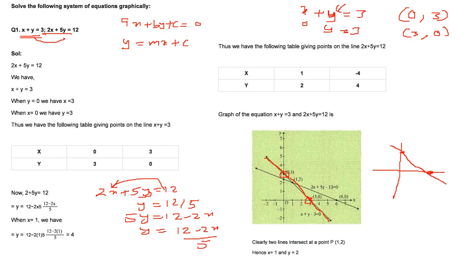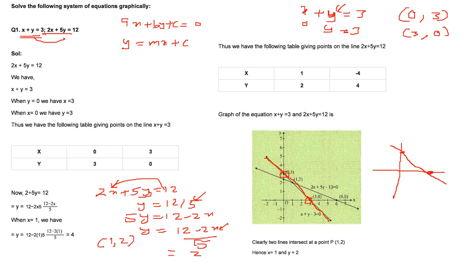Now you see, if I put x equal to 1 here, then it will be 2 into 0, 0 here. Then 12 by 5 again gets us back to the same scenario that we don't want. So what we can do here is, if I put x equal to 1, 12 minus 2 is 10. 10 by 5 is an integral number, 2. So I have a proper number. So when I put x equal to 1, I get y equal to 2.